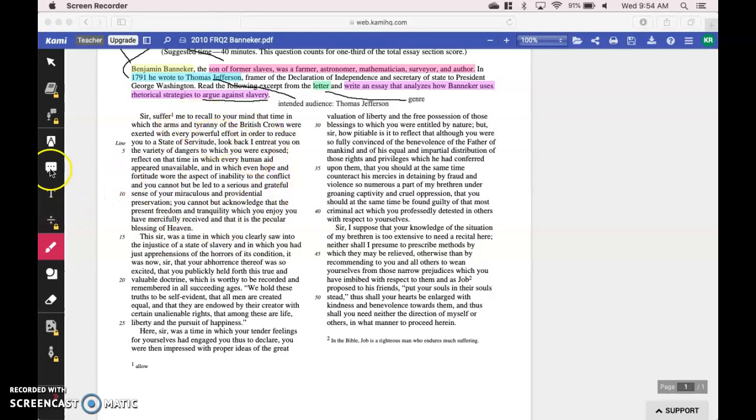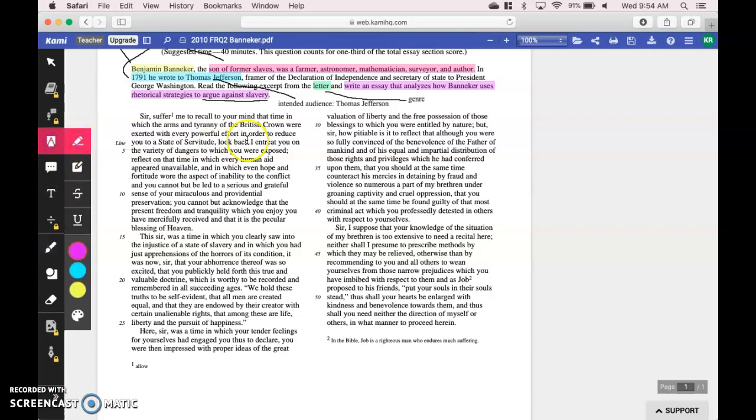In the beginning of this paragraph, Benjamin Banneker is incorporating some historical context for his reader. He's using a reference to the American Revolutionary War, which happened in 1775 to 1783. Notice this letter is written in 1791. Many of you from your history classes know that the American Revolutionary War was the Americans fighting against the British. So what he's telling Thomas Jefferson is to recall that time